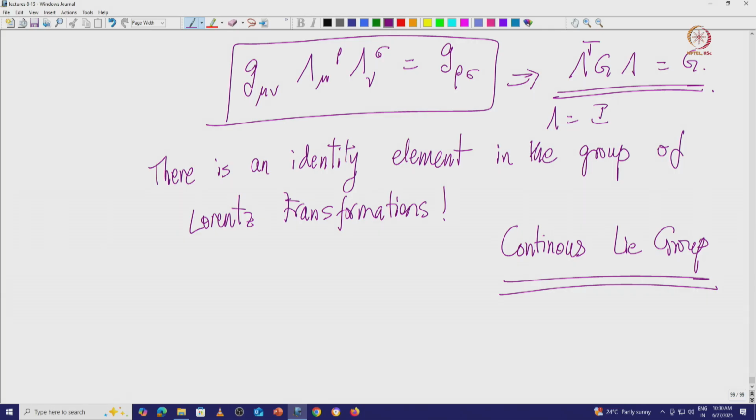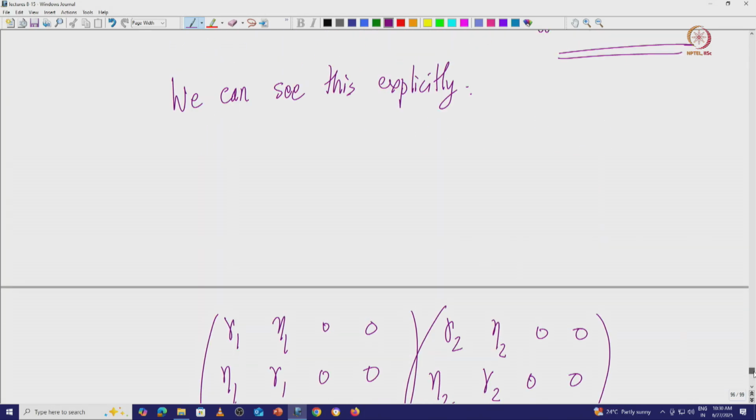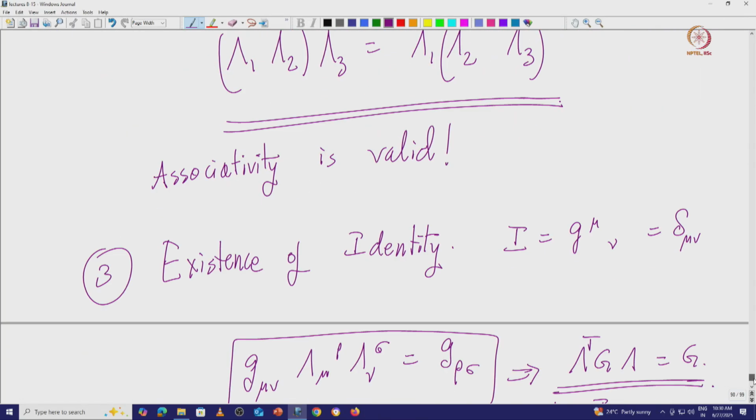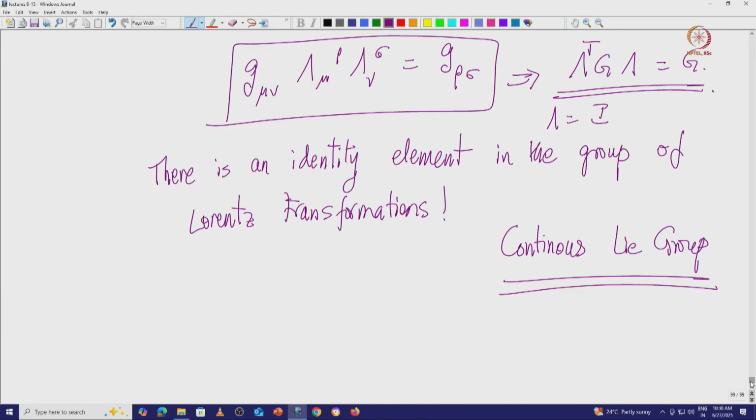Okay, so first of all, what we are trying to show is that the Lorentz transformations form a group, and then they form a special kind of group which falls into the category which we have been trying to understand so far, essentially the orthogonal groups and rotational groups, and they are continuous Lie groups. They are continuous Lie groups because they have an identity, so they can be expressed, as we will see, in terms of continuous transformations around the identity, with infinitesimal transforms around the identity.